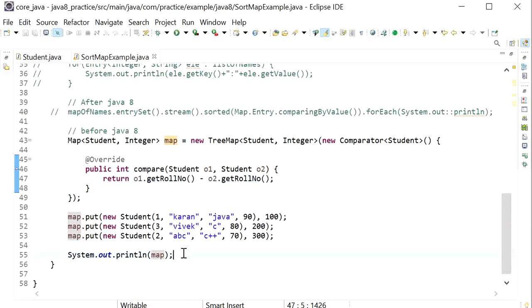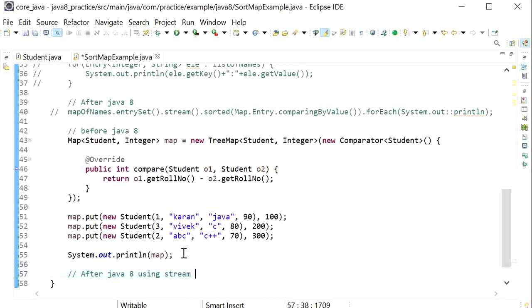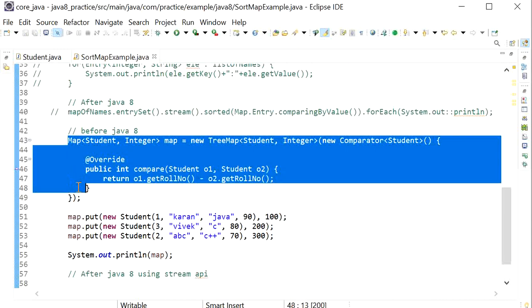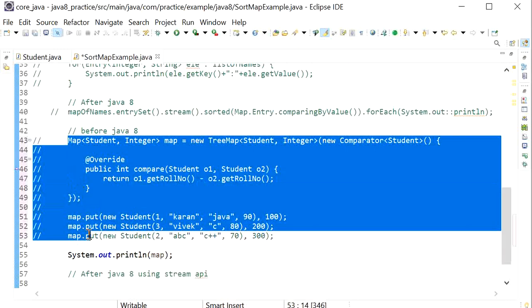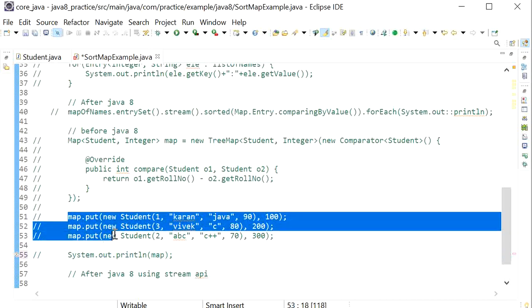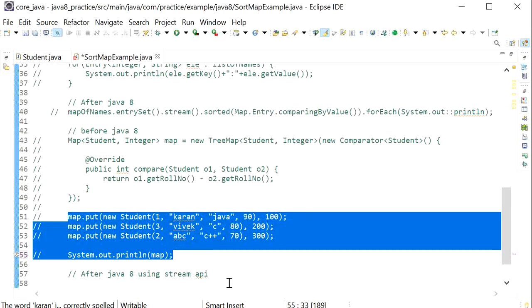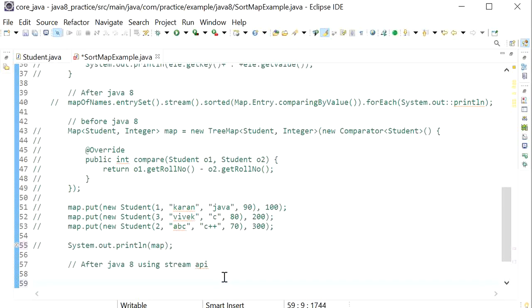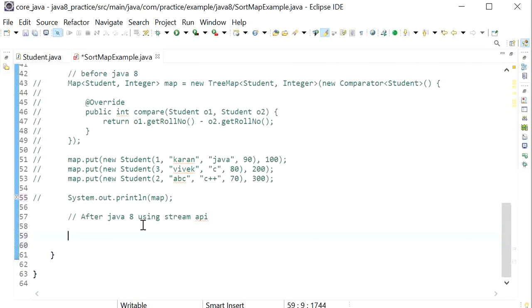So after Java 8 we can use the Java 8 Stream API to sort the map. So now I will comment this code. Here we will use the Java 8 Stream API. We just need to create one map object, and we'll use the same elements. So here I will create a map of student, integer.